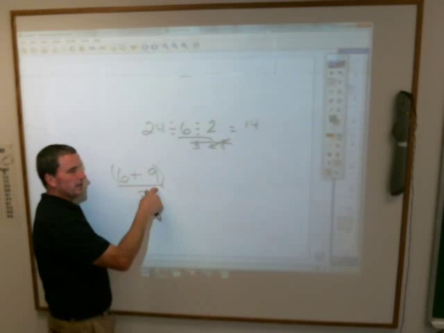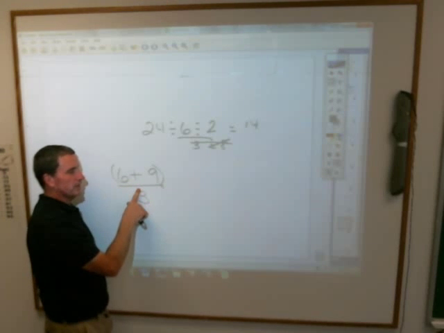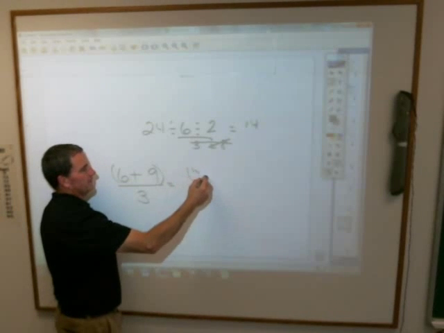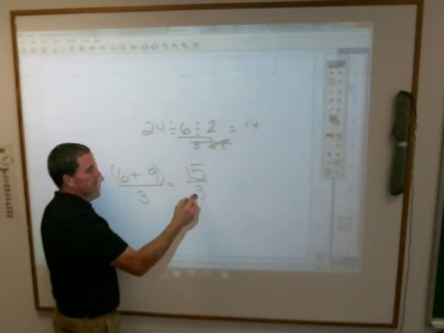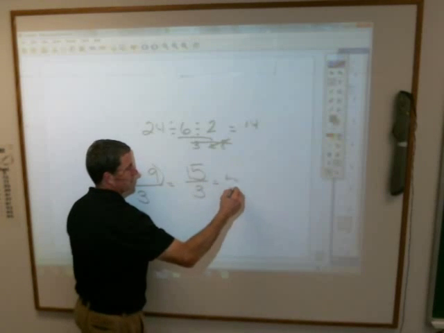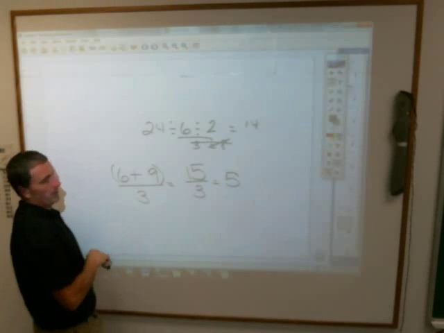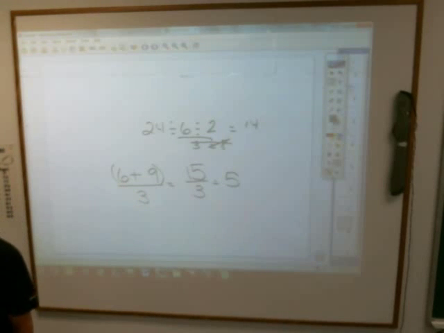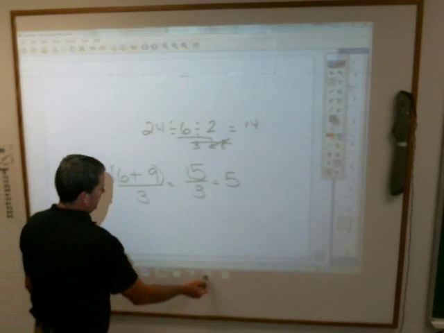A fraction bar is like a parenthesis. That means you have to do the 6 plus 9 part first and get 15. And then you can worry about the bottom part, which is the 3, which gives you 5. So if you're ever given a fraction, you have to do the top first, then work up the bottom. Perfect, good. Now, one more blank piece of paper because